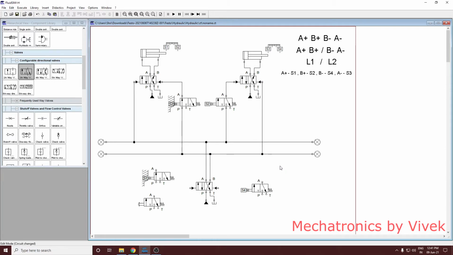So for B minus, it gets power through this valve and through this line. So for these two sequences, the power is going through these two sensors and through these power lines. Okay, that is why it is shown like this.